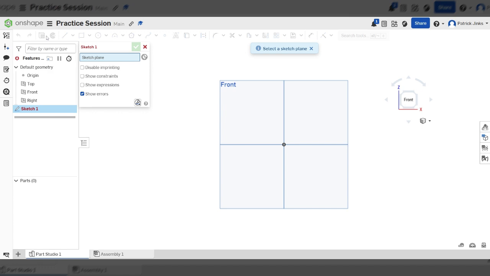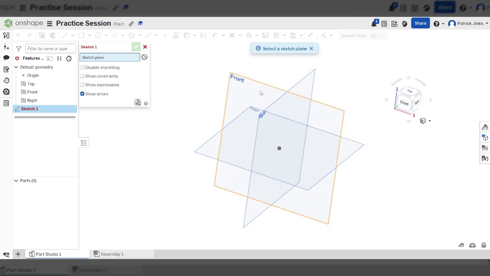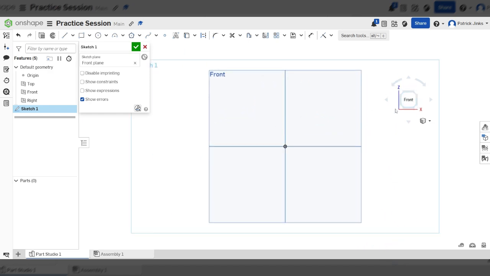Now, what happens when you click the Sketch button is the Sketch toolbar comes out. And as you notice, everything is grey. This is because, and we did this on purpose so that you can see this happening, we've not selected a plane. Now, we did have the front plane selected. What we're going to do is select that again. So with these tools greyed out, I'm just going to hover over the front plane so the outline goes orange. I'm going to click on it once. And you should see as soon as I click on it, all these become active and these become clickable. All I need to do now is tap N again, and I'm oriented at my front plane